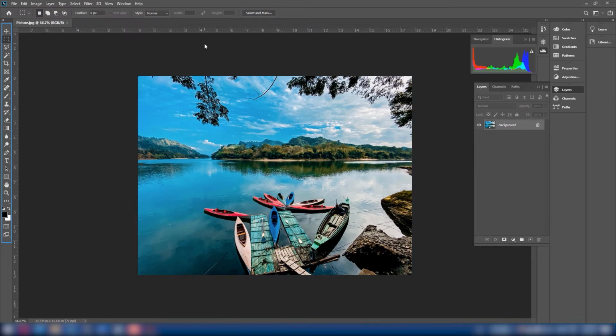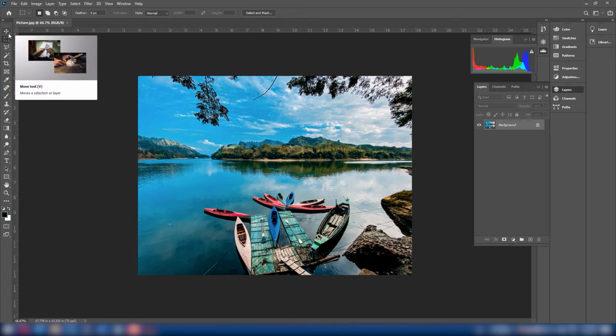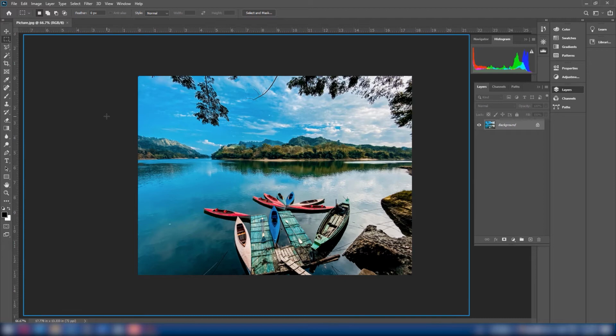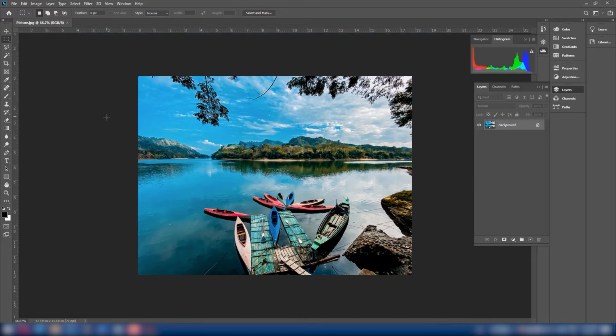Then all of our tools are going to be on the left hand side, and when we keep our cursor on top of a tool, it shows us a tip on the use of the tool. It's very helpful when you are new and learning Photoshop. Alright, when you select a tool, the tool options will appear on the top. Now in the center is a preview area where we can see the photo we are working on, and in the lower left is the status area. If we click on that, we can see more information about the image we are working on. If you click on the little arrow, you can also change what to display here.